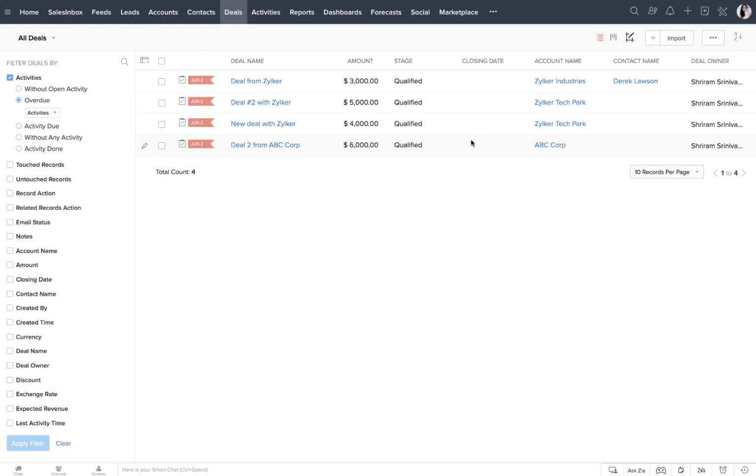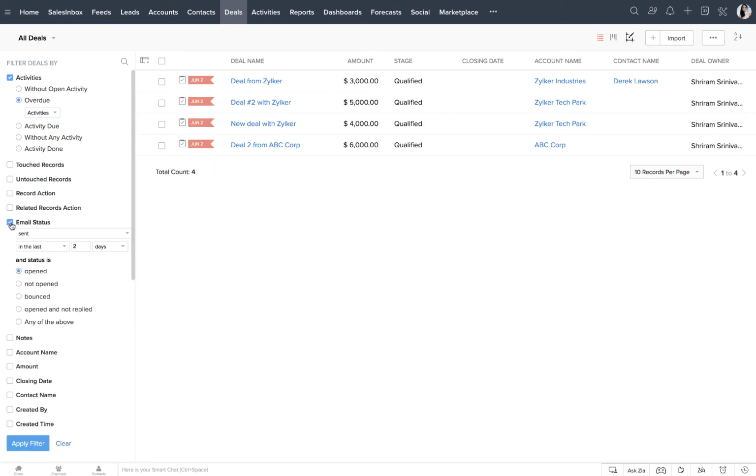So, advanced filters combine your record parameters along with a bunch of intelligent parameters such as activities associated or emails that are sent and bounced. If you look at it, there are multiple values here. Emails that are sent, not sent, opened, not opened. So you can conduct a search on activities that are overdue as well as email status is not open. So you have sent emails and there has been no response from the customer, or